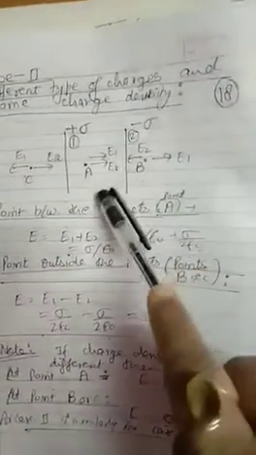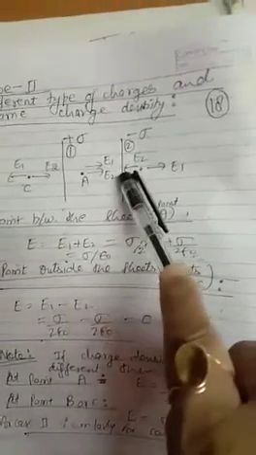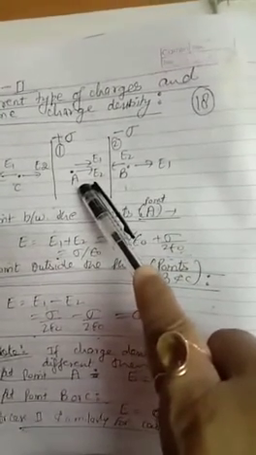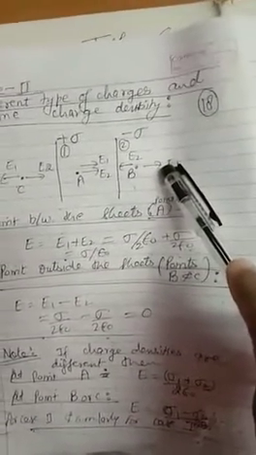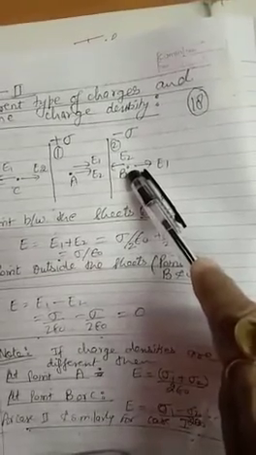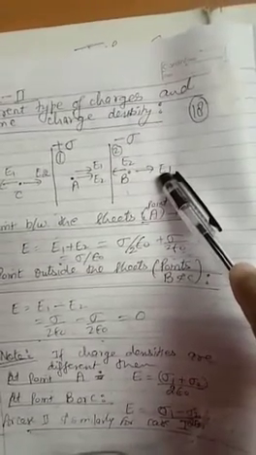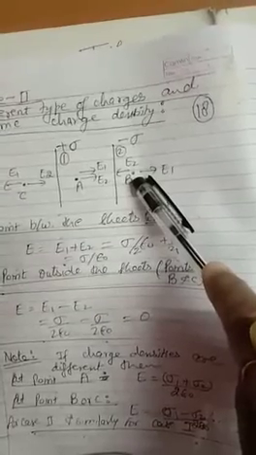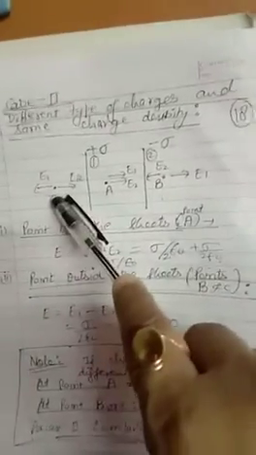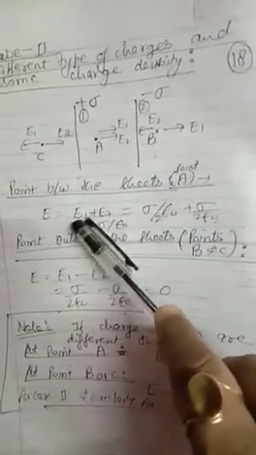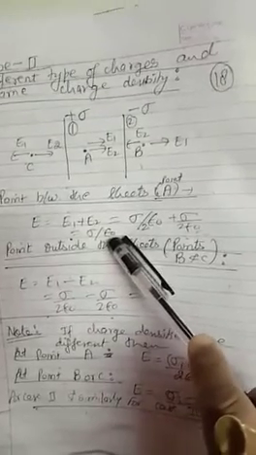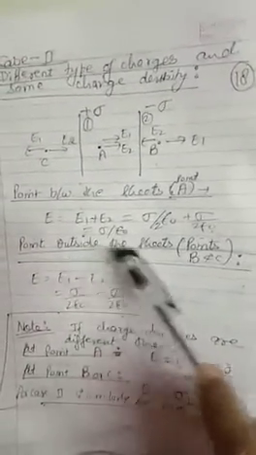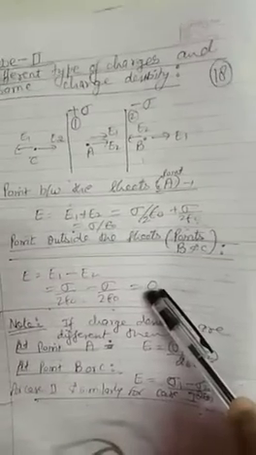If we take oppositely charged plane sheets of charge, plus sigma and minus sigma, then you know that the plus sheet will repel and the negative sheet will attract the test charge. So for the point between the sheets, the electric fields will be in the same direction. Similarly, if we take the point outside the two sheets, the negatively charged sheet will attract it and the positively charged sheet will repel the test charge. So the values are in opposite directions on this side also and this side also. The net electric field between the sheets will be E1 plus E2. If we add the two values, because the surface charge density is the same, the overall value is sigma upon epsilon naught, and for the point outside the sheets, the value is 0.